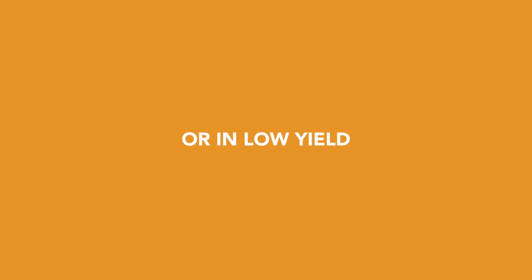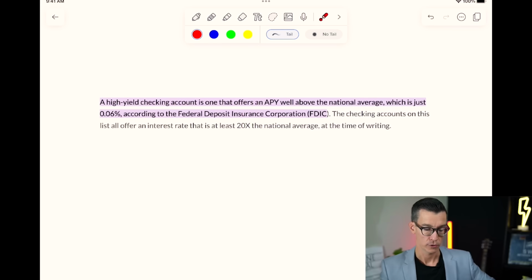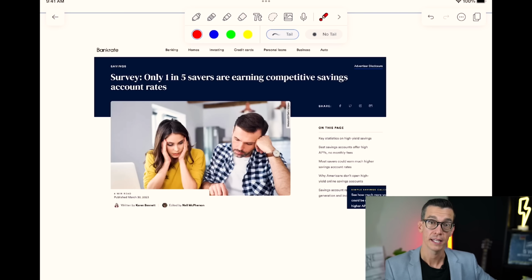And the mistake that we see people still make quite often is that people hold excess cash in checking accounts or in low yield savings accounts, and they could be getting the same benefits, the same FDIC insurance and security, but with a much higher interest rate. It's surprising because some of the studies show that only about 20% of people are taking advantage of these high yield accounts. So if you're not getting a good interest rate, then talk to a financial professional and check